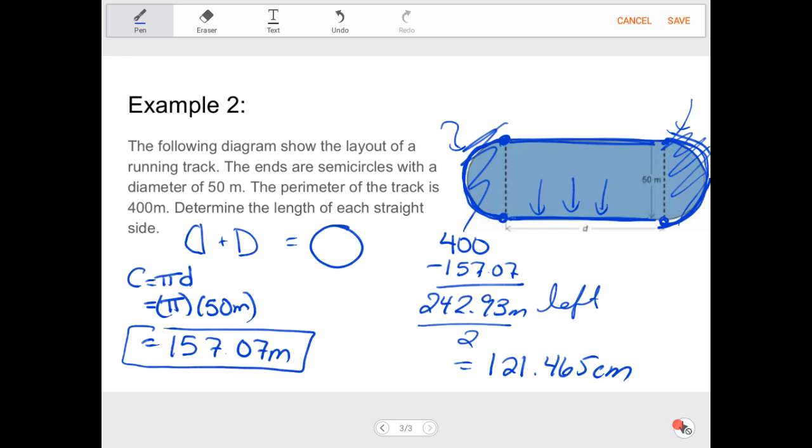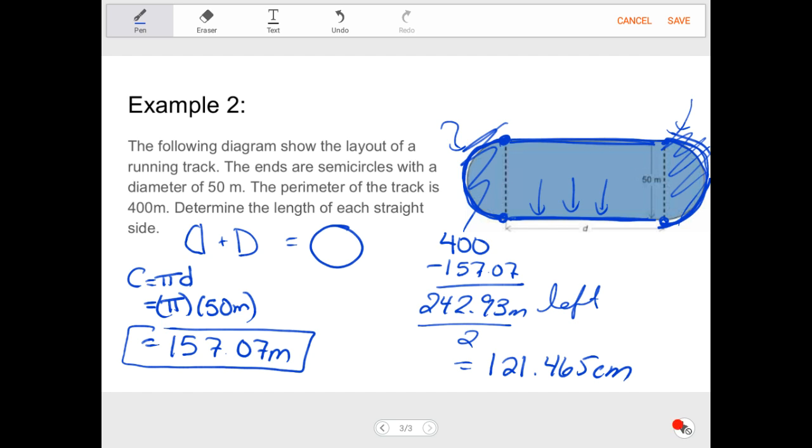You may want to watch this example again. So what did I do? I looked at the two semicircles on each side. If I put those two semicircles together, that's a whole circle. And we know that the distance around a circle is a circumference, so I could figure that out. That gave me